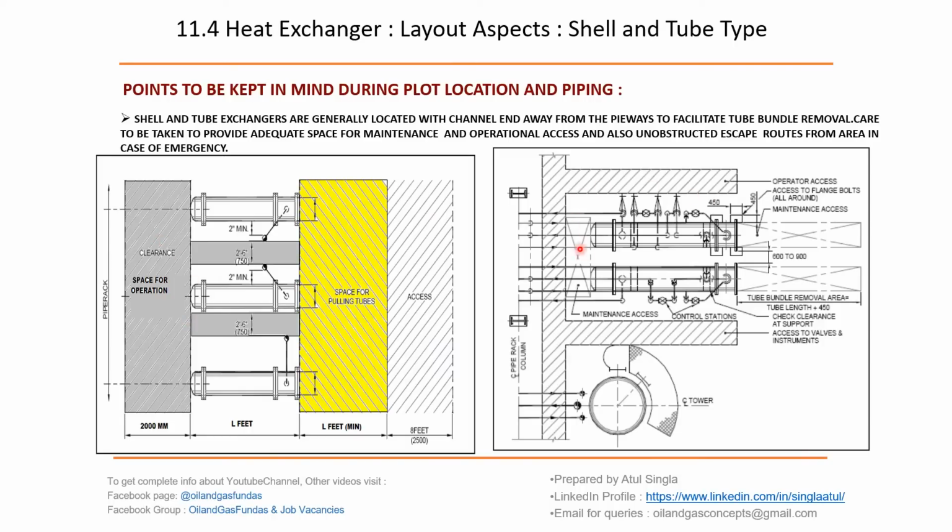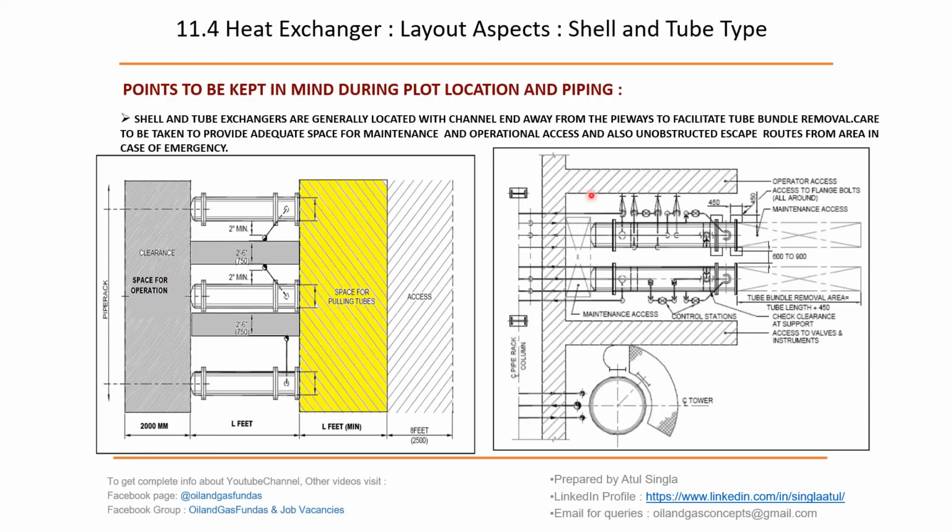If you look here, the piping is going this way, and we are completing all the inlet and outlet pipes. This way we have to have operator access, 750 minimum, and after completing piping and between other equipment we need to have a clear 750 space here also. And in front, the piping is routed, but we have to raise it at this point to clear the headroom so that a person can move clearly while doing the maintenance activities at this section.